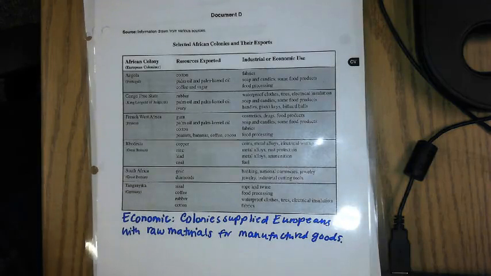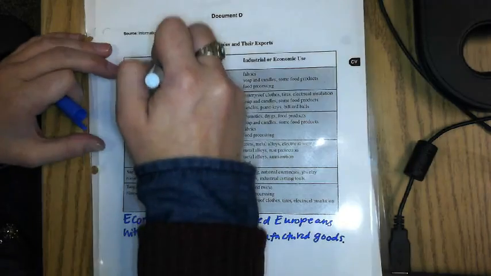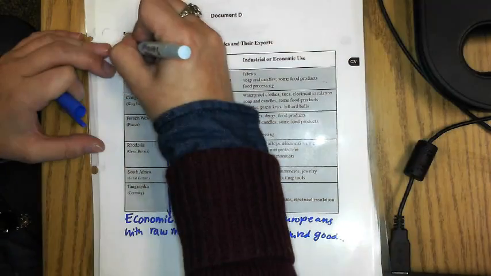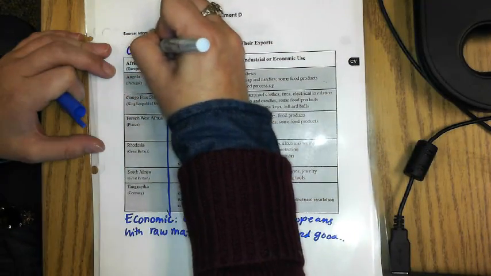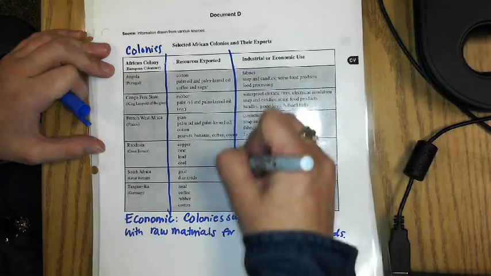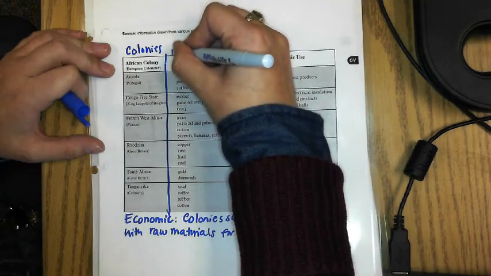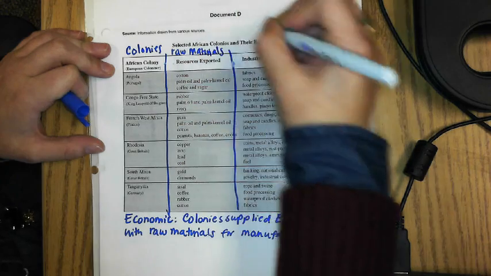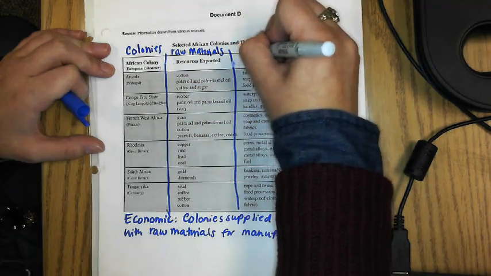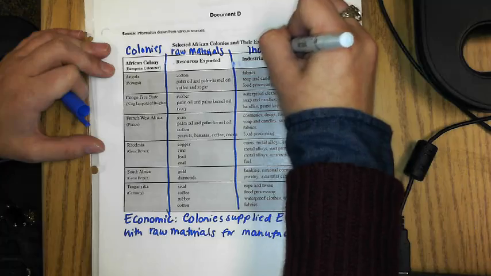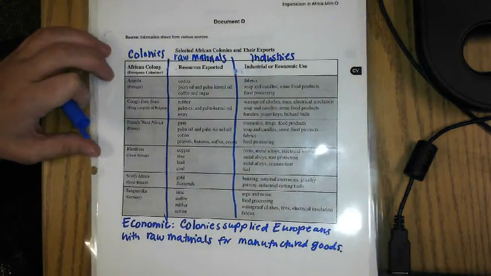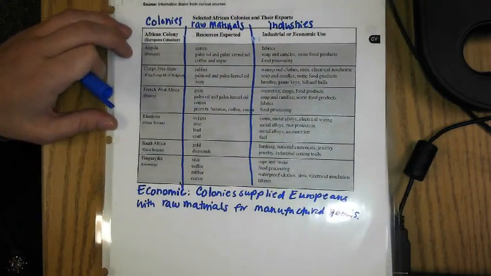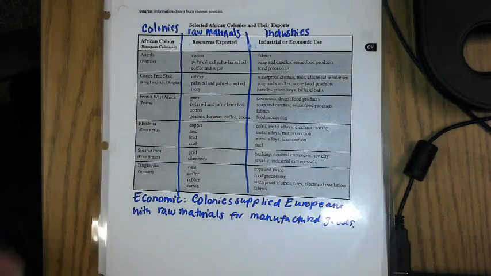Okay, some of the evidence we have here. First of all, let's break this chart up. In this column here, we have the different colonies. In this column here, we have all of the raw materials. And then lastly, in this column, these are the industries that the raw materials benefited and were able to make the manufactured goods. Okay, so in this far column, we're going to look specifically at Rhodesia,